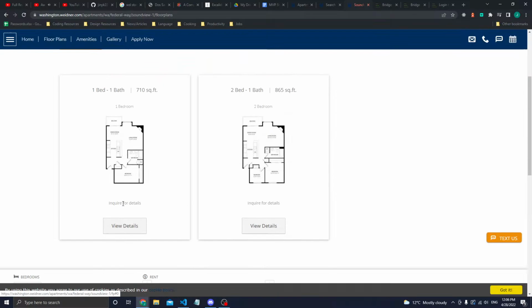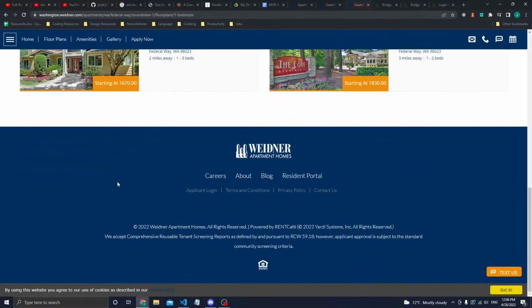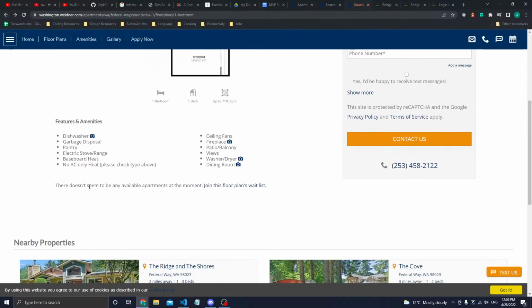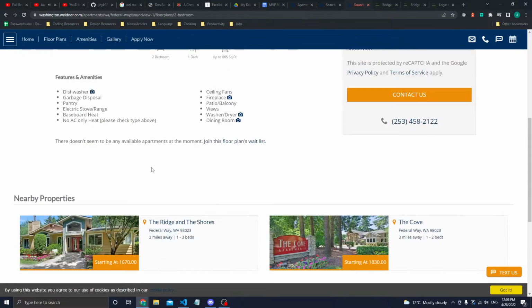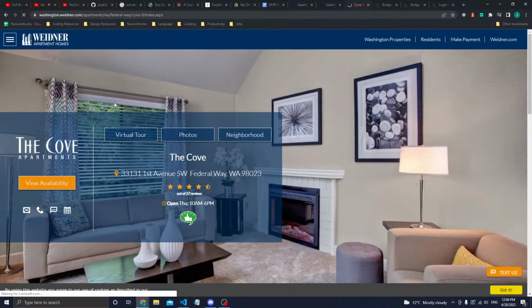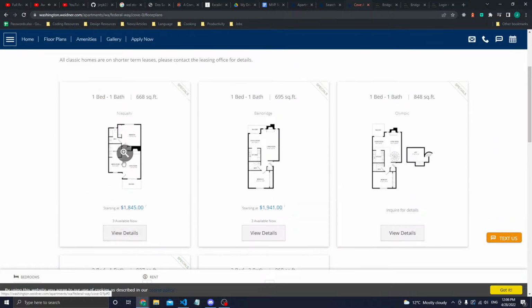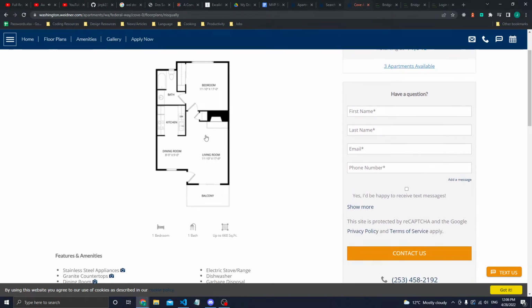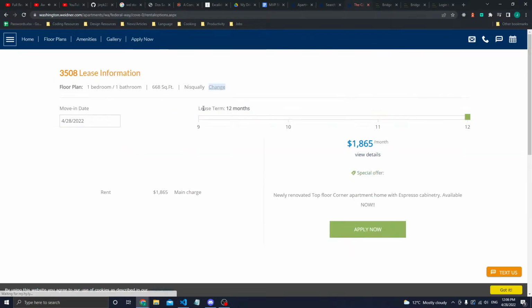So I'm applying. I want this one bedroom, one bath. There doesn't seem to be any available apartments at this moment. I don't like how it's just down there. It's really hard to see. Let's see, do they have any apartments? They don't. Let's try a different place. The Cove, view availability. Three available now, $1,845. I guess $1,800 is the norm for one bedroom, one baths in Federal Way right now. Jeez. Okay, so if I click apply now,